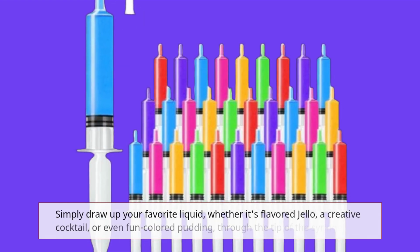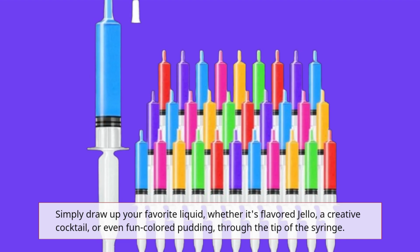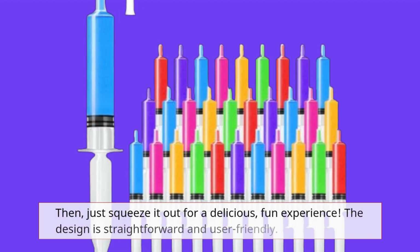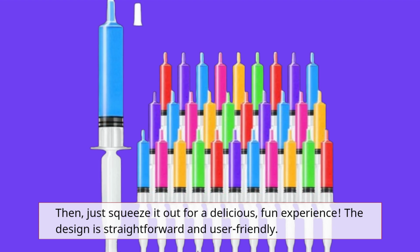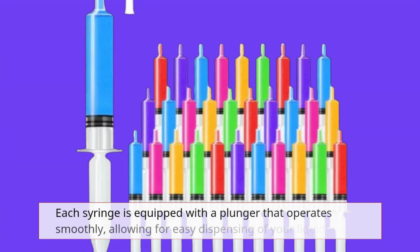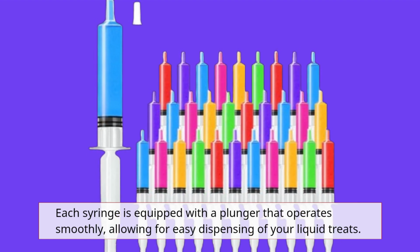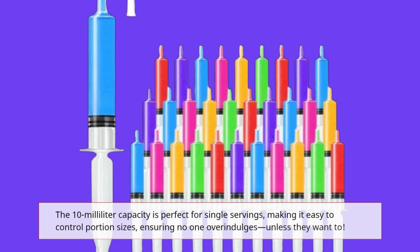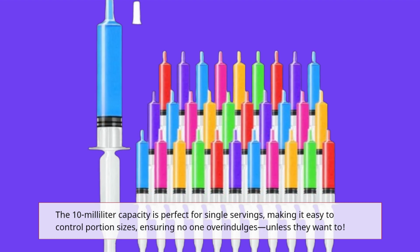Simply draw up your favorite liquid, whether it's flavored Jello, a creative cocktail, or even fun-colored pudding, through the tip of the syringe. Then, just squeeze it out for a delicious, fun experience. The design is straightforward and user-friendly. Each syringe is equipped with a plunger that operates smoothly, allowing for easy dispensing of your liquid treats. The 10 milliliter capacity is perfect for single servings, making it easy to control portion sizes, ensuring no one overindulges,